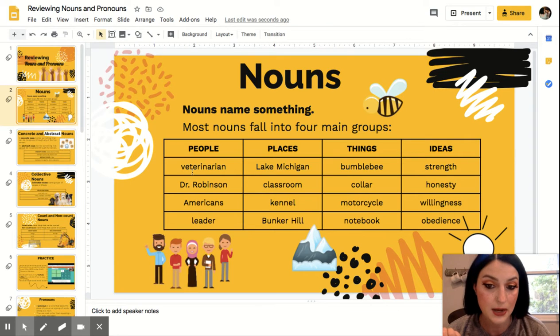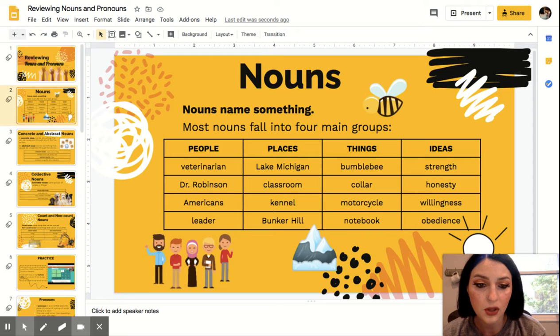Veterinarian is a common noun, whereas Dr. Robinson would be a proper noun. A proper noun is usually someone's name, a street name, a place, anything that you would capitalize would be considered a proper noun.